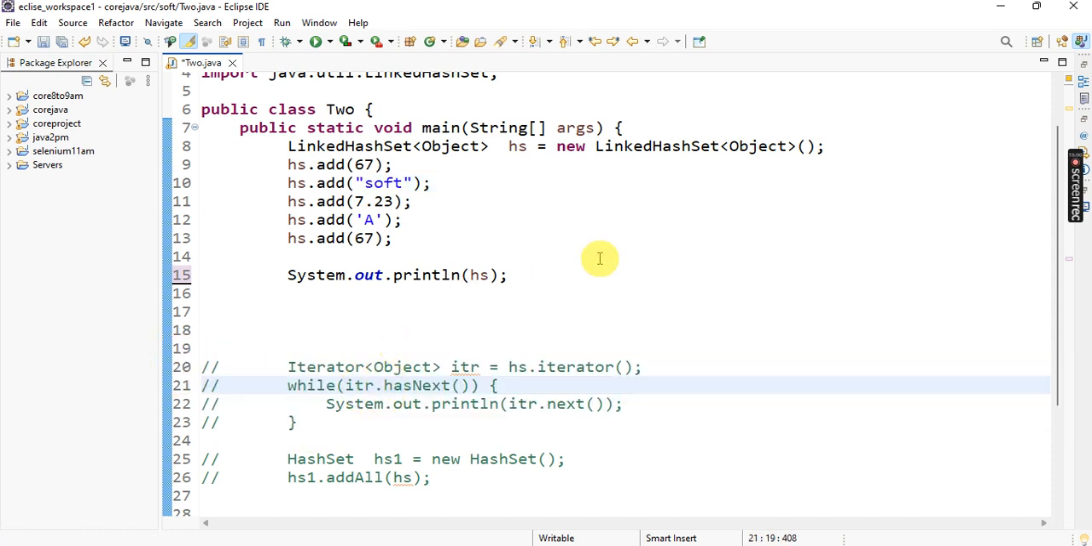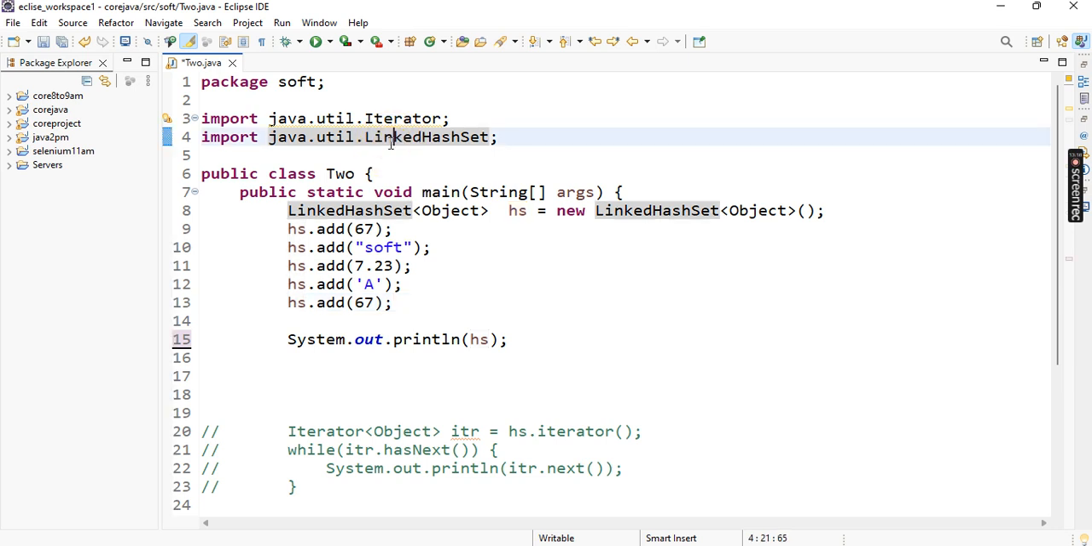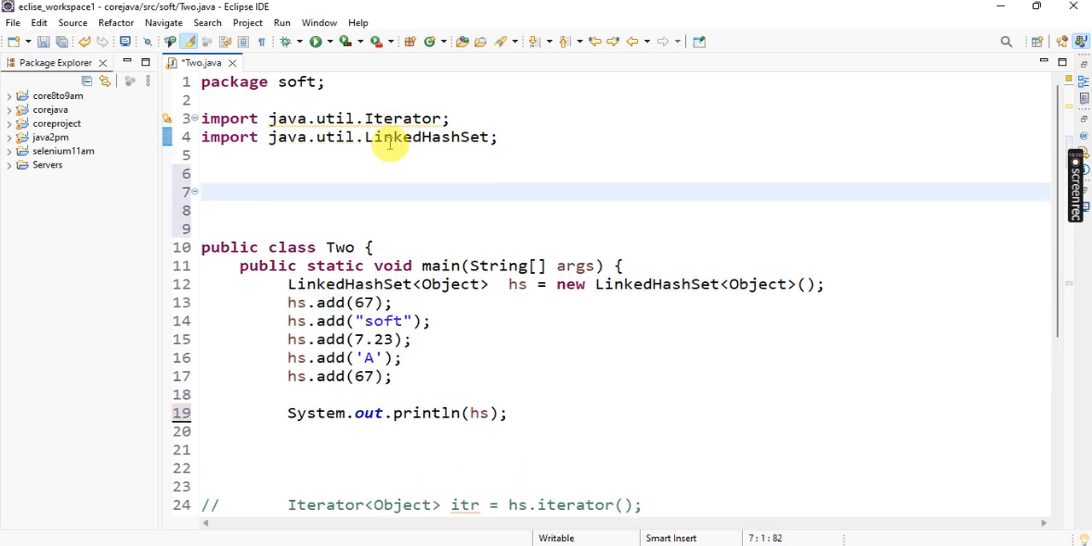But the best recommended approach is this one. Using System.out.println directly, we can also print all the elements, no issue. So here we are adding the elements, but here I want to add objects also. So how to add? Suppose here the class is